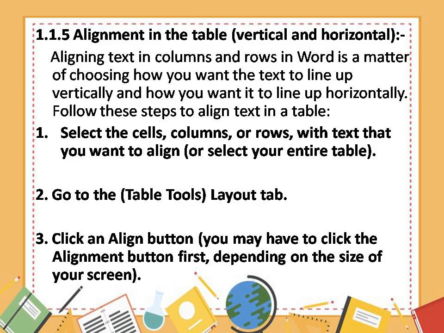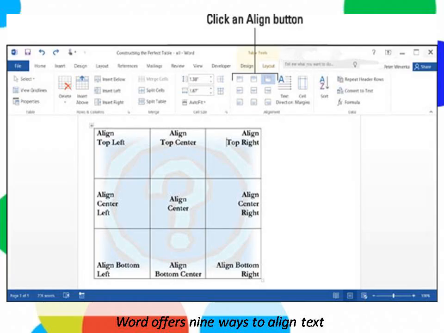Select the cells, columns or rows with text that you want to align, or select your entire table. Go to the Table Tools, Layout tab. Under the Layout tab, you have to choose Table Tools. Click an Align button. You may have to click the Align button first depending on the size of your screen. Okay. Here is the picture. You can see